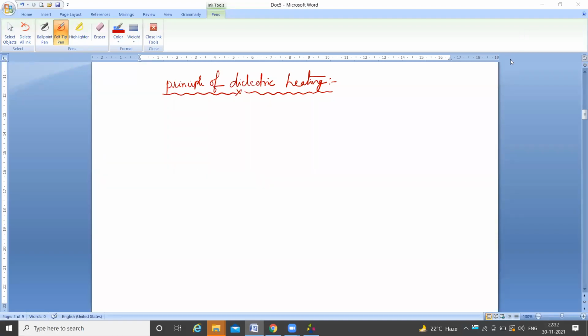The principle of induction dielectric heating. Here, this is also called capacitive heating, where a capacitor is used. Let us consider one capacitor. This is the symbol of a capacitor. Here, if a voltage is applied to this capacitor,